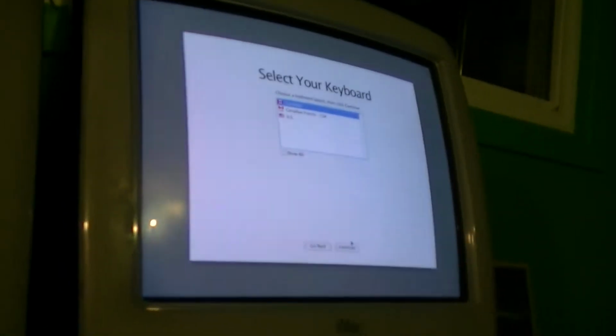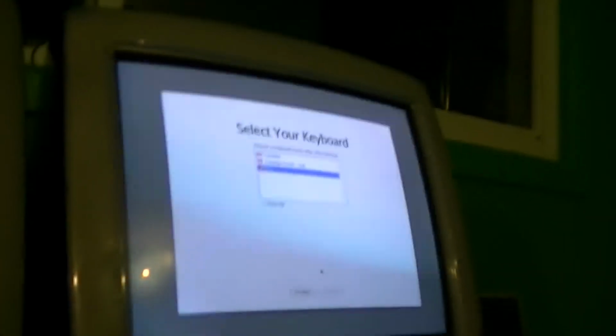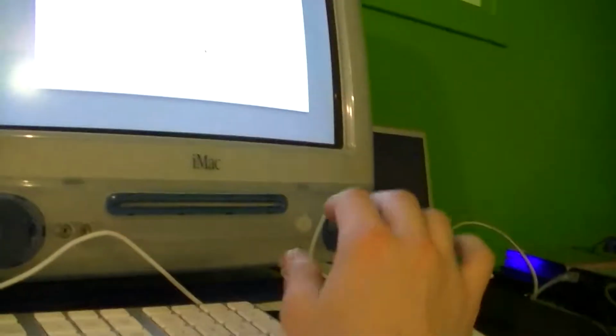When's the last time you ever actually saw that? Canadian. Actually, it doesn't even really matter. Call it US layout. How about that? God, they have that thing going forever. I don't think it's like that in the newer macOS versions, but I'm probably wrong. I've never actually installed 10.5, other than what... I didn't even install 10.5 on that, so...